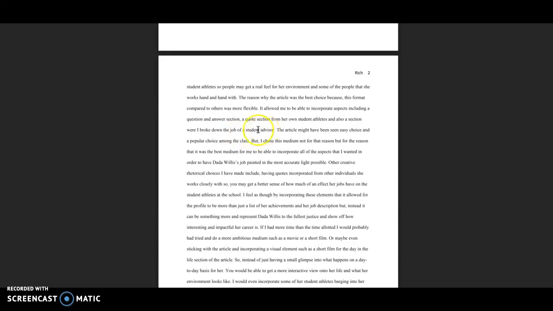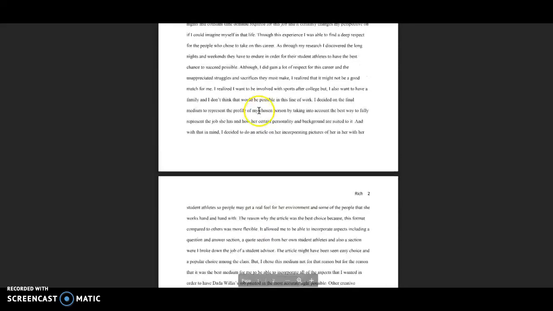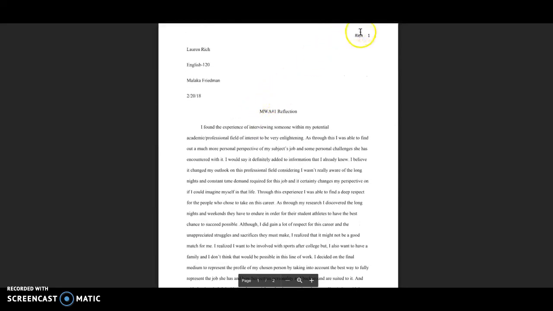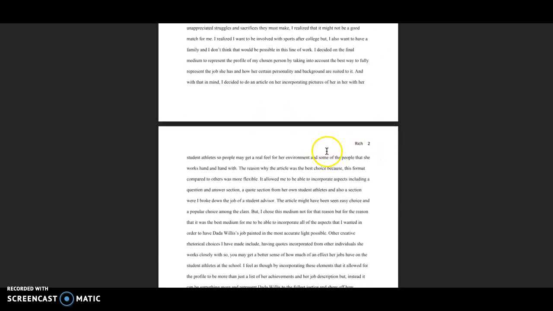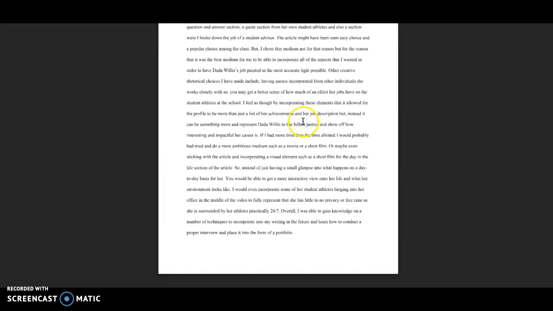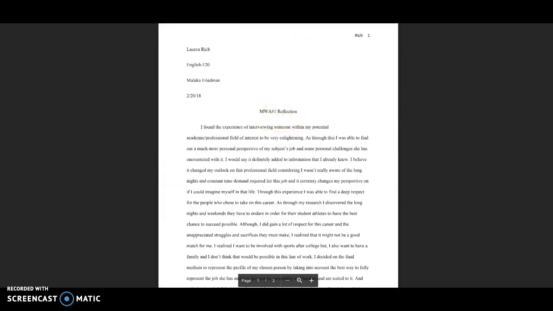And the other feedback I got was that when I submitted it the first time, my format for the page numbers was off. So what I did is I resubmitted it as a PDF to keep the structure throughout. So as you can see on all the pages, it's formatted correctly then. Okay.